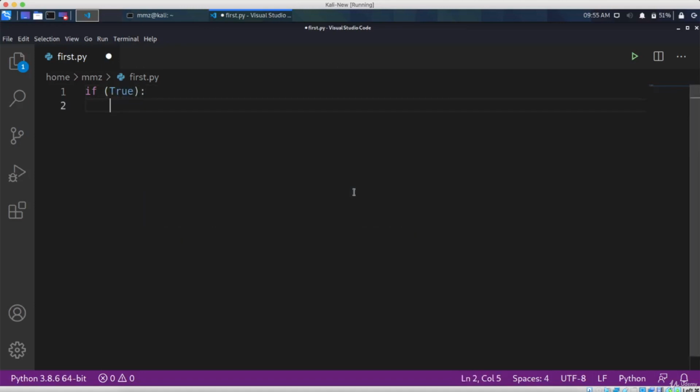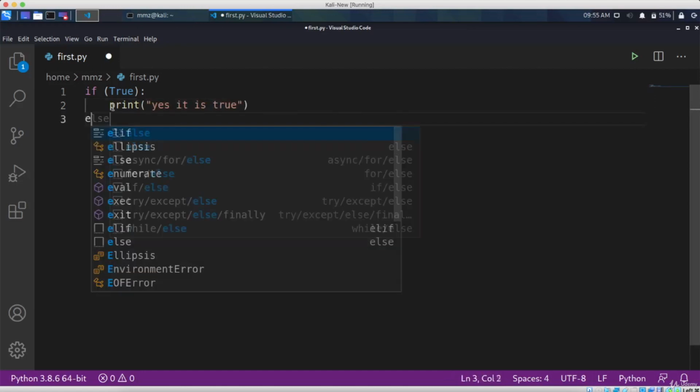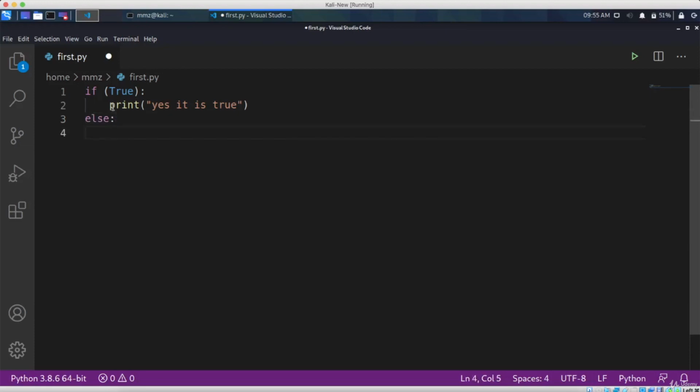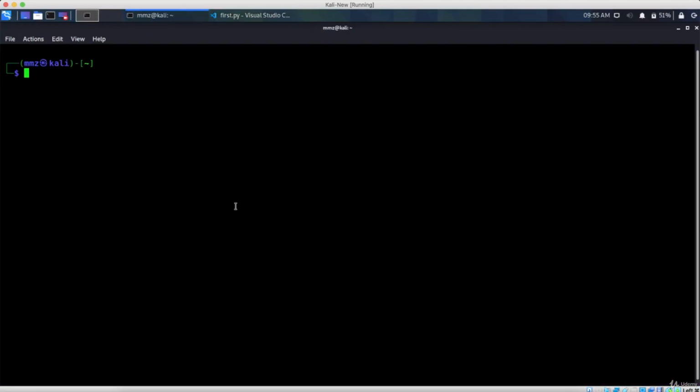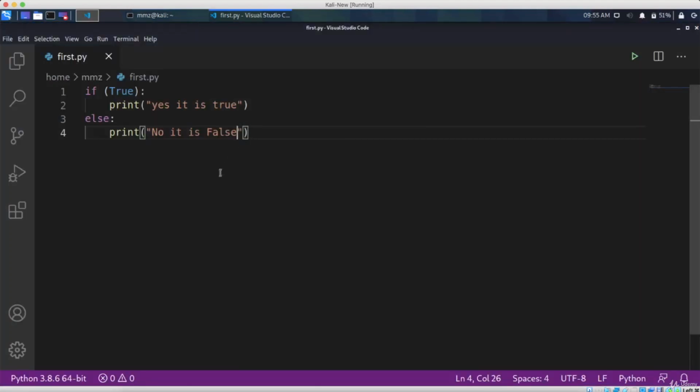This will run the if body, which is this one. So let's print "yes, it is true." And here we can use something called else. So in the else, let's print "no, it is false." By the way, this will print yes, because the condition here is true. So let's have a look here. Let's clear the screen, and you can see "yes, it is true," which means that it worked correctly